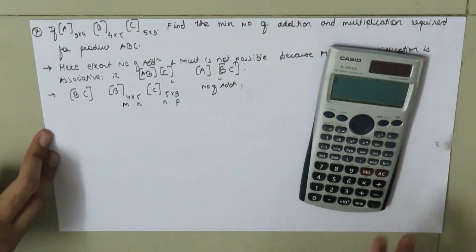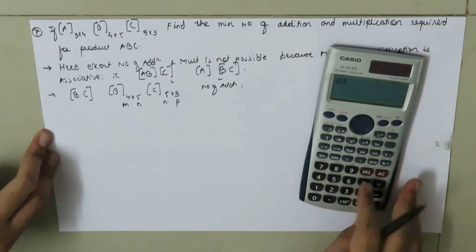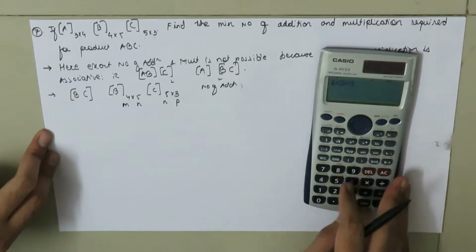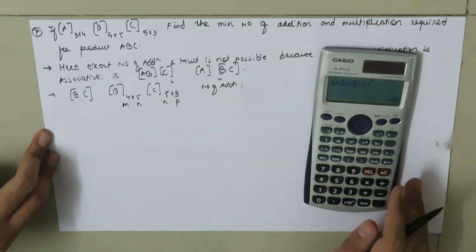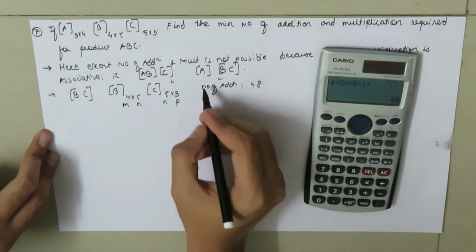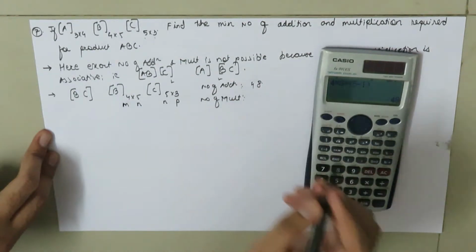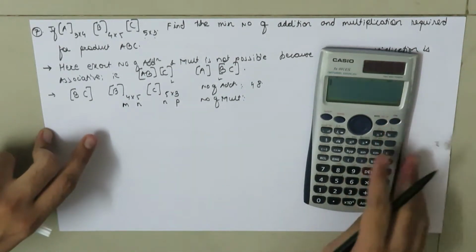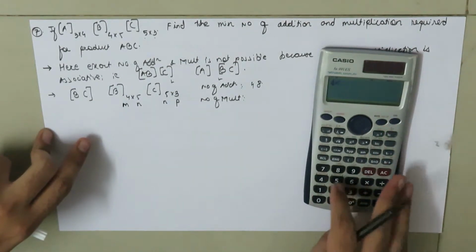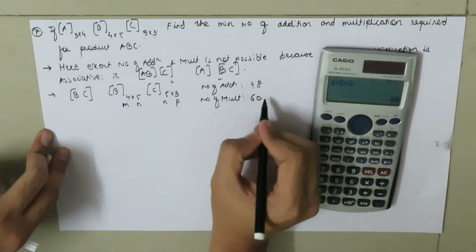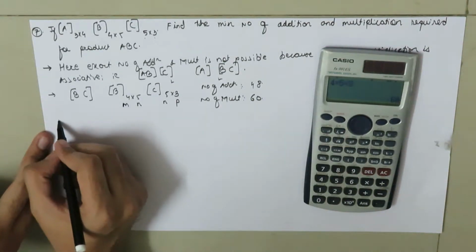So the number of additions is equal to m multiplied by p multiplied by n minus 1. So this will be 48, and the number of multiplications will be equal to m n p. So this is 60, and now